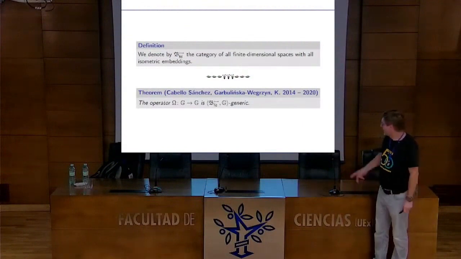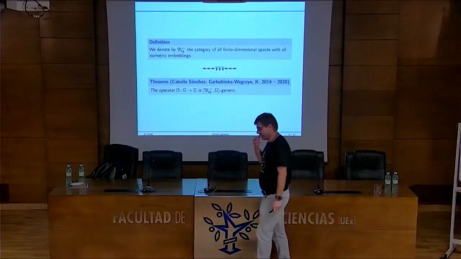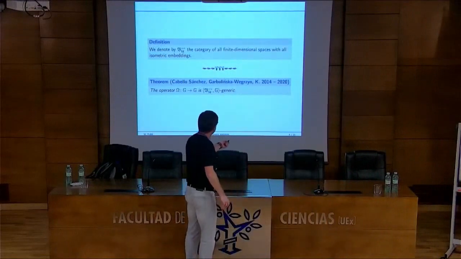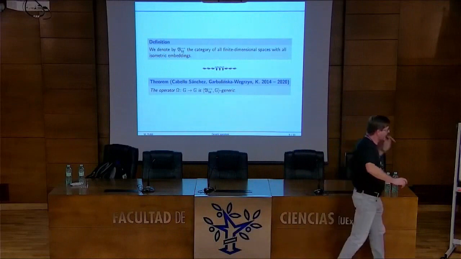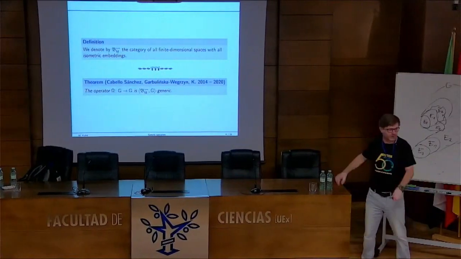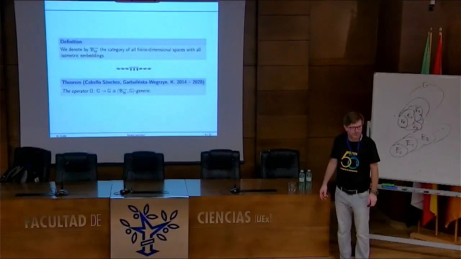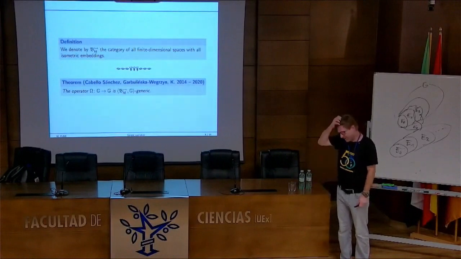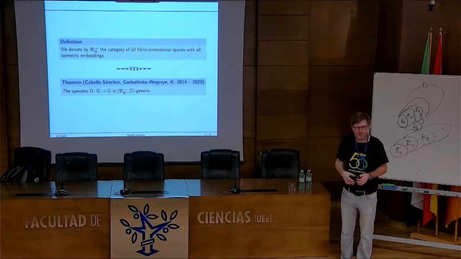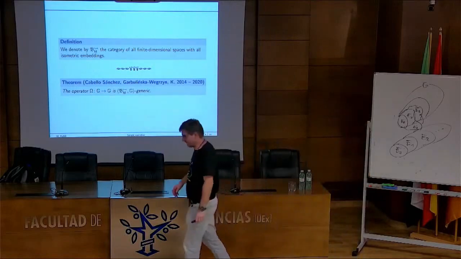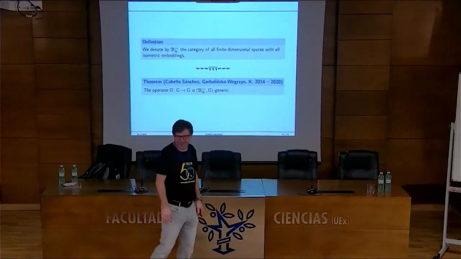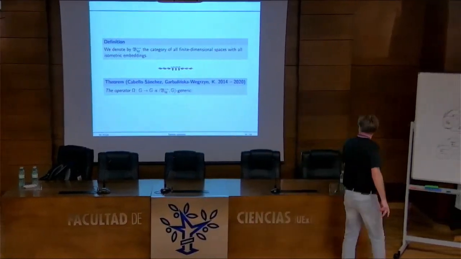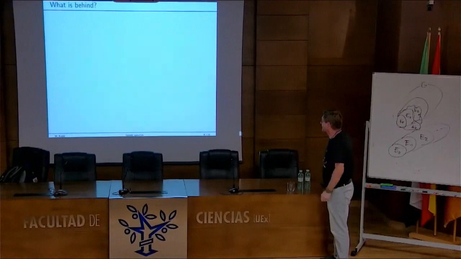I mentioned this, okay, this 2014 was the year of publication of the paper with Félix and Joanna, and it was actually about quasi-Banach spaces, but p-Banach spaces, where p is less than or equal to 1, and when p is 1, it's about Banach spaces. So, we use this particular category, and in 2020, I wrote some short note with Joanna showing that both operators are the same. She also has a paper with Taras Banakh, more recent one, showing that isometric copies of this operator really form a G delta set. Not only residual, it's really G delta. And it's quite technical. I don't understand this proof, I must say. Okay, so that's about this operator.